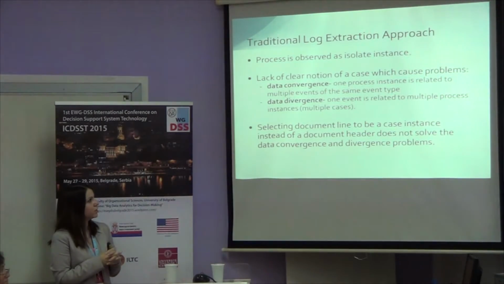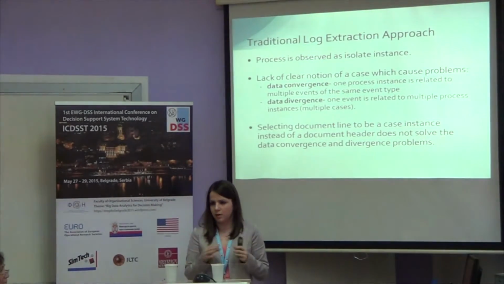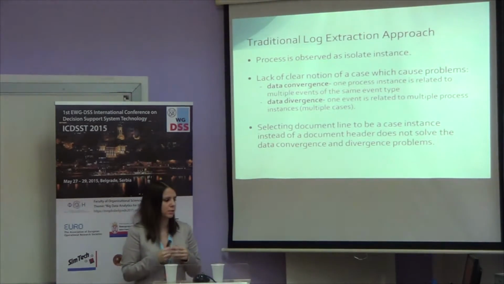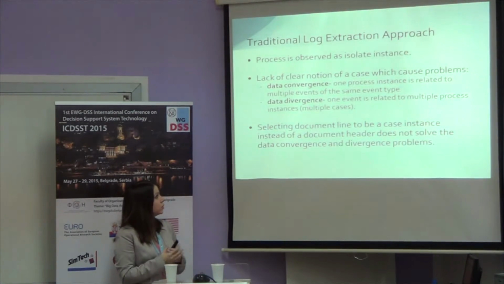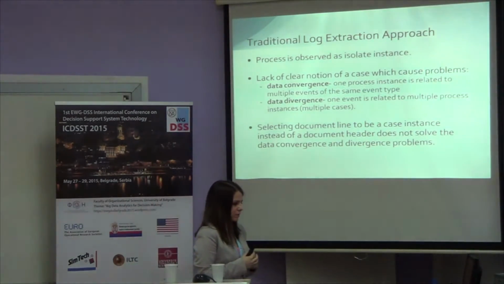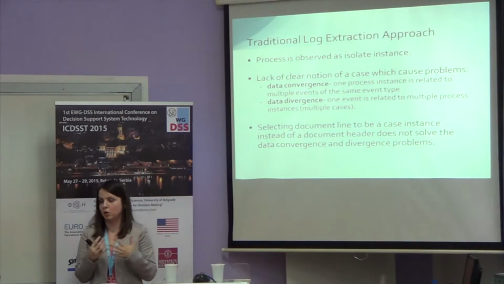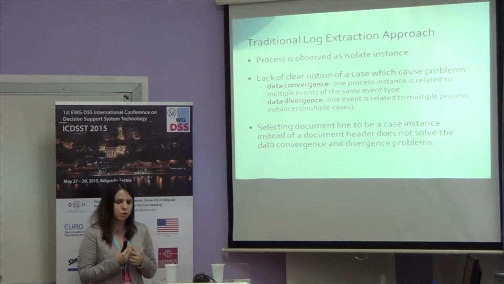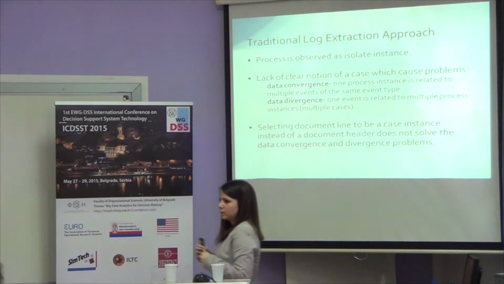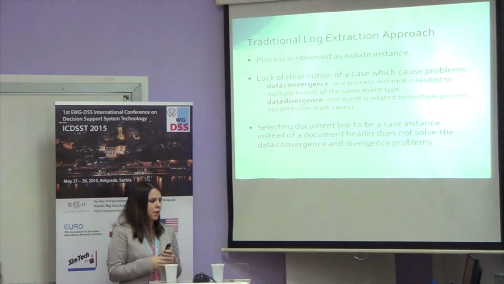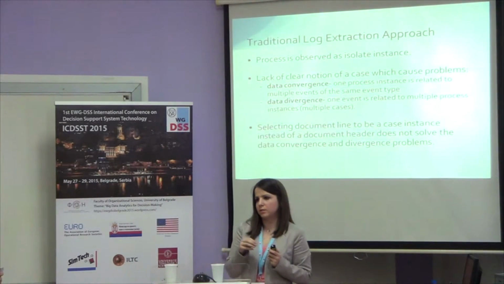The transaction log extraction approach observes the process as an isolated instance that doesn't interact with other processes or the entire environment. The limitation of this approach is the lack of a clear notion of a case or process instance, which causes data convergence and data divergence problems. These problems are related to the many-to-many relationship between two data objects in the databases. One of the solutions is to select lower-level identifiers, which may be a good solution for some systems, but for an ERP system we can't select the document line as identifier. It doesn't solve the problem of data convergence and data divergence, because every document type is represented as a pair